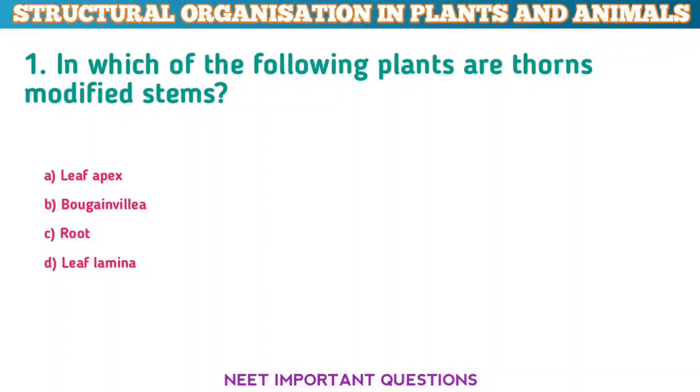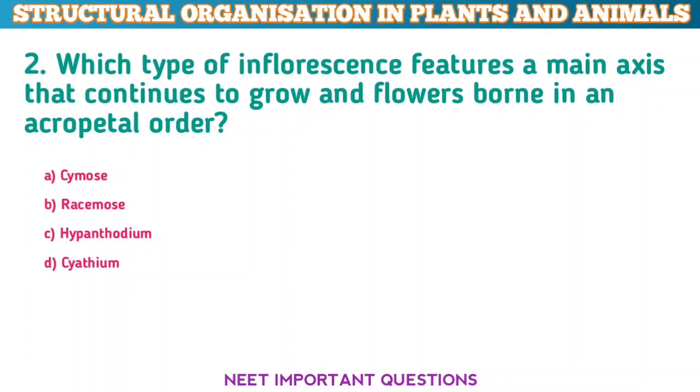Structural organization in plants and animals. Important MCQ. 1. In which of the following plants are thorns modified stems? Answer. B. Bougainvillea. 2. Which type of inflorescence features a main axis that continues to grow and flowers borne in